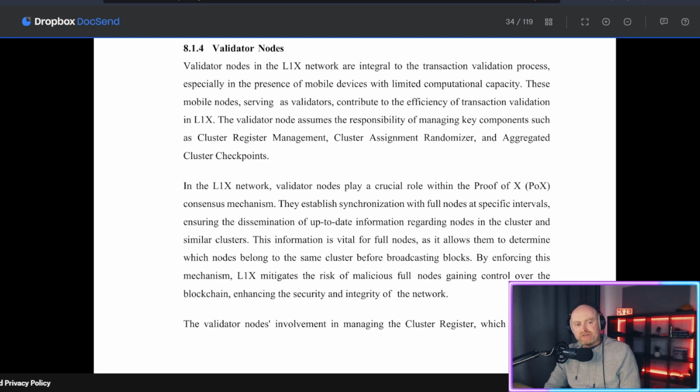These mobile nodes, serving as validators, contribute to the efficiency of transaction validation in L1X. The validator node assumes the responsibility of managing key components such as cluster registry management, cluster assignment randomizer, and aggregated cluster checkpoints. In the L1X network, validator nodes play a crucial role within the proof of X consensus mechanism. They establish synchronization with full nodes at specific intervals, ensuring the dissemination of up-to-date information regarding nodes in the cluster